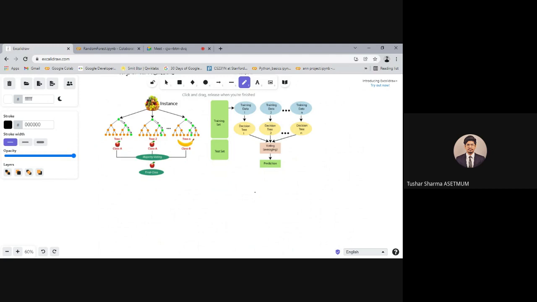So once Smith explains to you the whole model as well as the code, after that I'll be showing you how you can use GitHub to submit your project. So that's all from my end. Now I hand it over to Smith. Smith, you can continue.